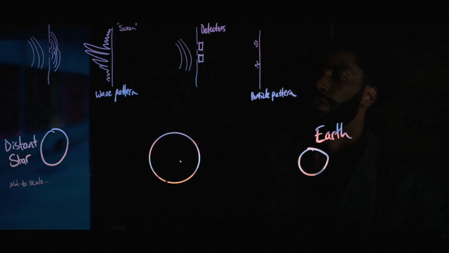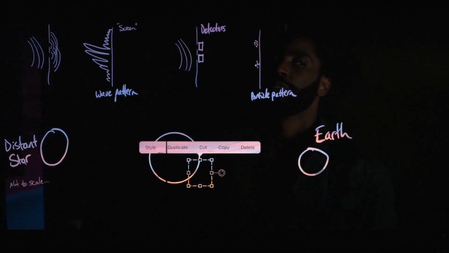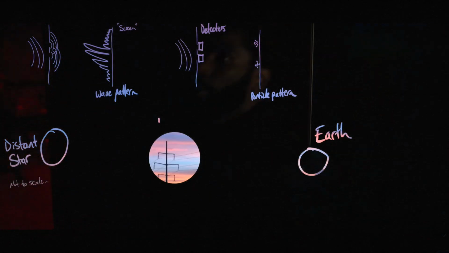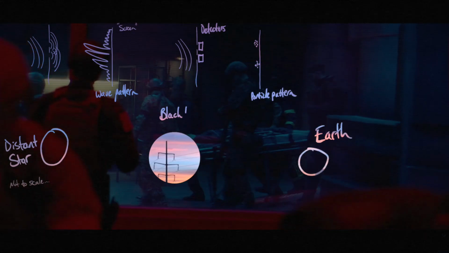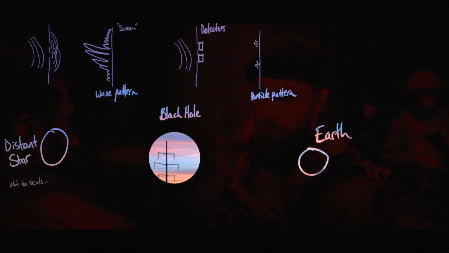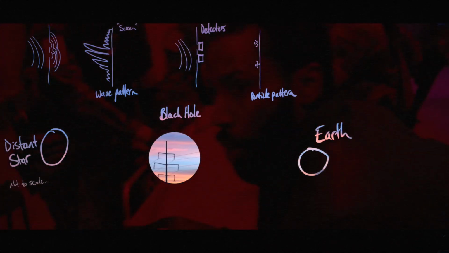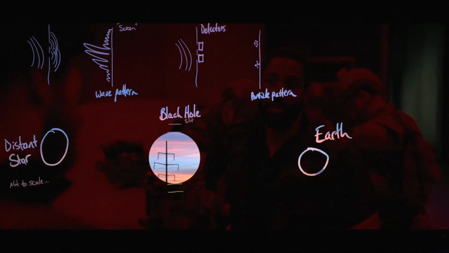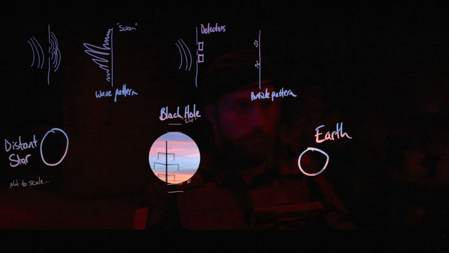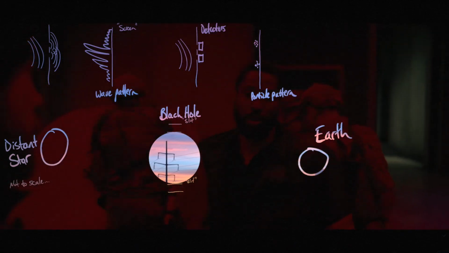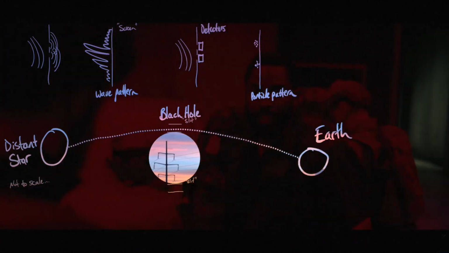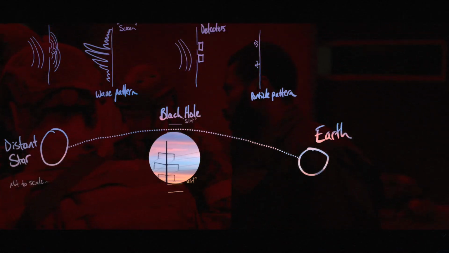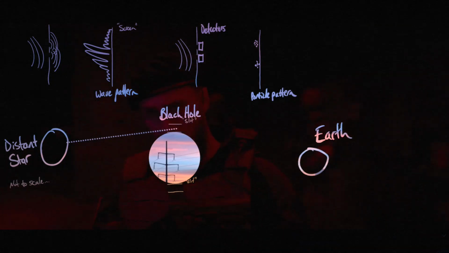Now imagine that photon is going to split, and just think of two paths that it could take around a black hole. Path 1 is the right, path 2 is the left. It's basically the exact same thing as the double slit experiment. There's no detector there, so the photon is going to be in a superposition state. It's going to pass around both sides of the black hole. And when it gets to us, we can set up a measurement device.